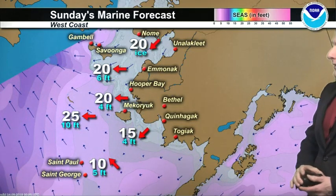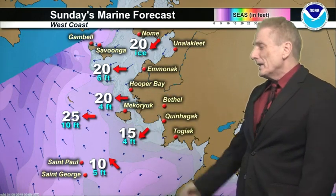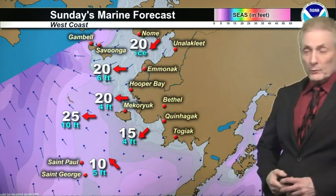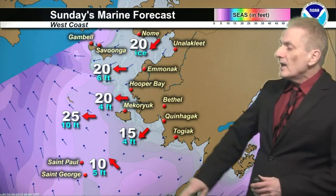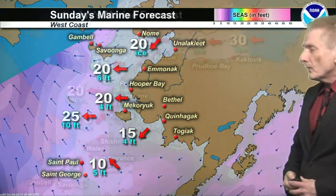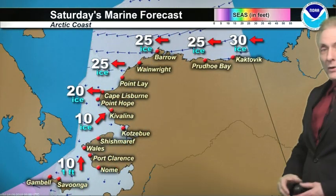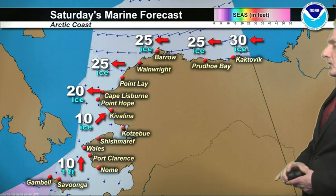And for Sunday, northeast, east-northeast 20 knots here with the easterly winds all the way down to Nunivak Island at 20 knots. Northeast 15 for the area south of Nunivak Island. Light southeasterlies for the Pribilofs, and small craft advisories continue for St. Matthew Island. Eastern Beaufort Sea coast tomorrow, 25-knot winds, so brisk wind advisories, entire stretch of the coastline on down